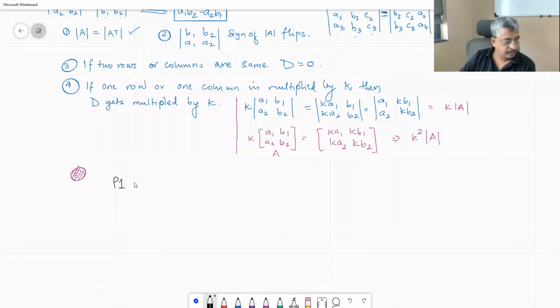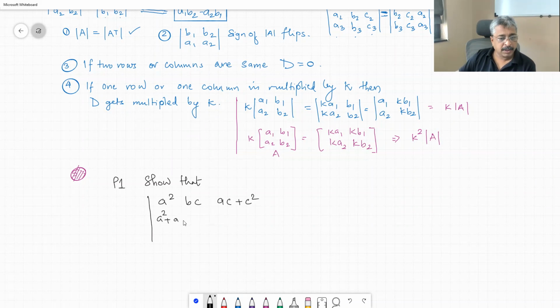Show that the determinant with rows a square, bc, ac plus c square; a square plus ab, b square, ca; ab, b square plus bc, c square